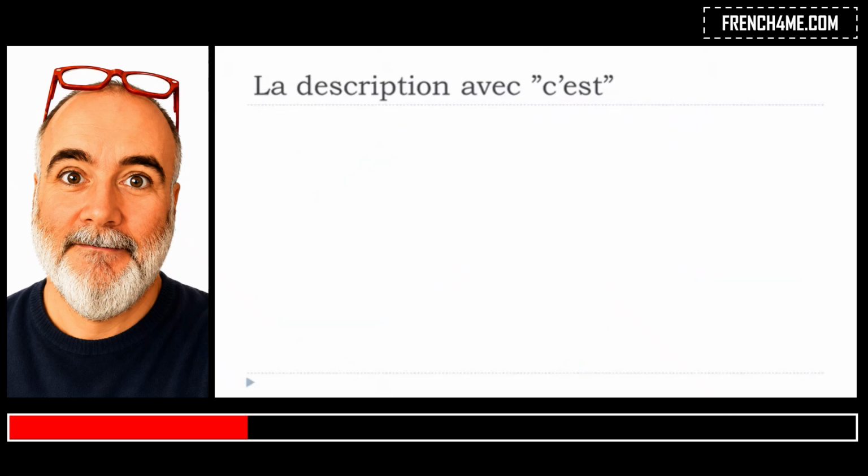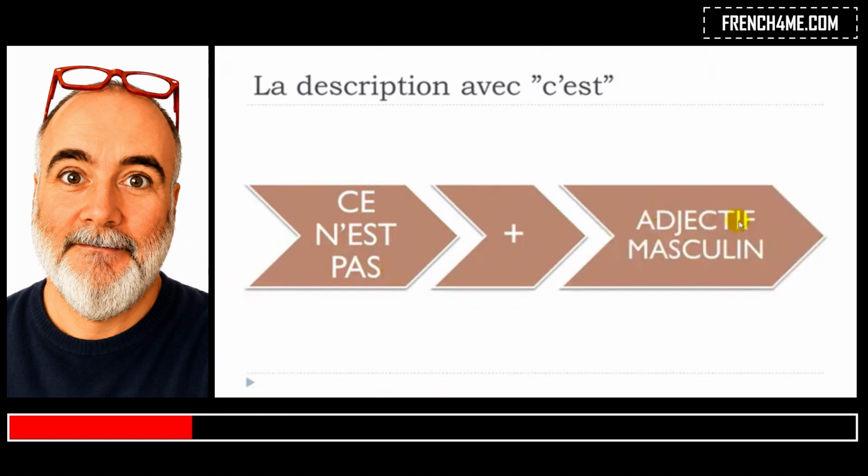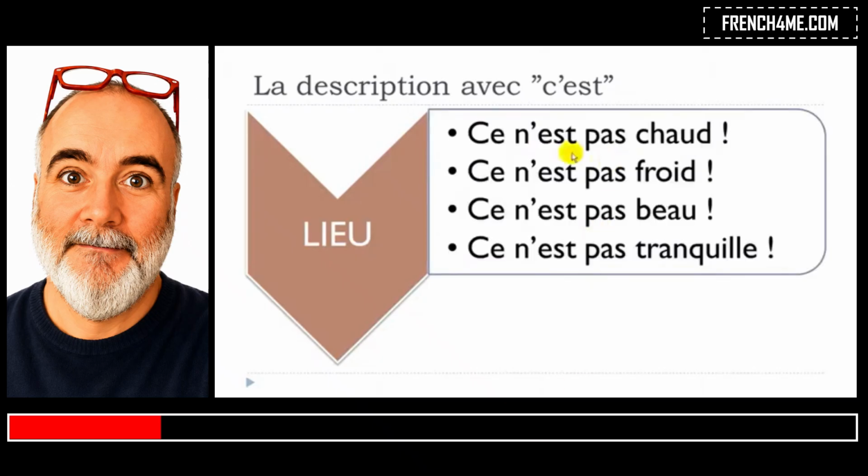So the second option would be to put this structure at the negative form, which is not that difficult because technically you just keep your structure. You just add, as usual, the ne and then pas before and after the verb. Then same thing here, you will put this adjective at the masculine form. So we will basically just see one more time all the examples we had previously, but then at the negative form. So if you want to describe a place, ce n'est pas chaud,